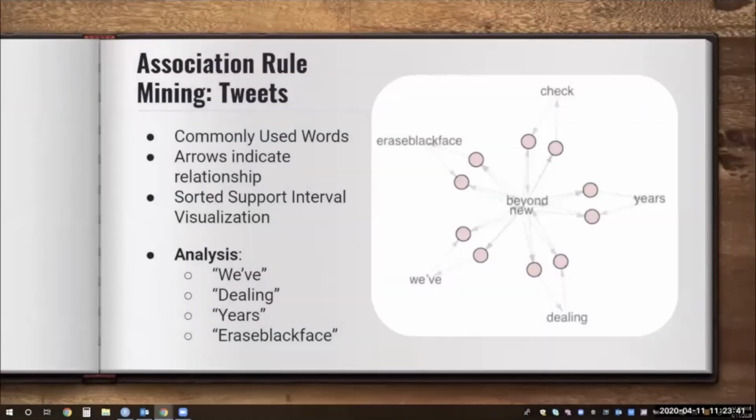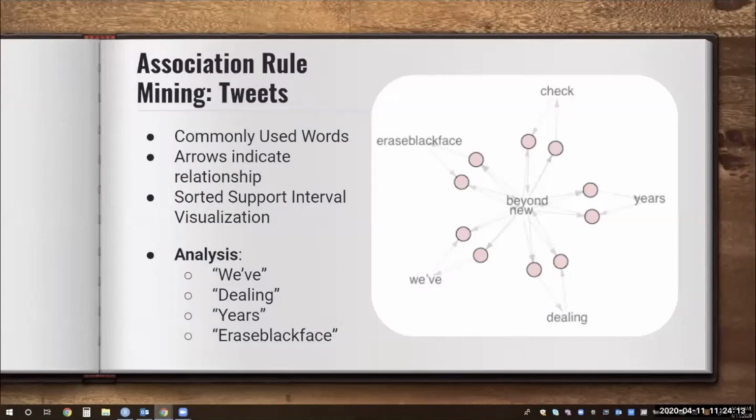Through association rule mining, we could identify the way in which words relate to one another given a support interval. The words on this slide appeared most often together when searching for hashtags such as literary blackface, Black History Month, and even the Barnes & Noble's Twitter handle, Buzz. By tokenizing the tweets from the API web scraping, we were able to organize and then analyze the directionality and interrelatedness of these commonly tweeted words.